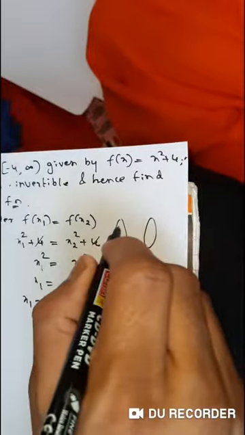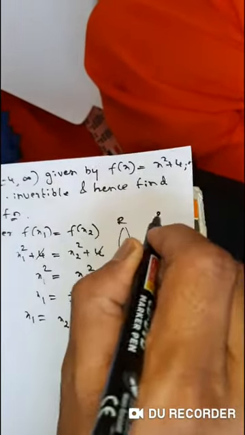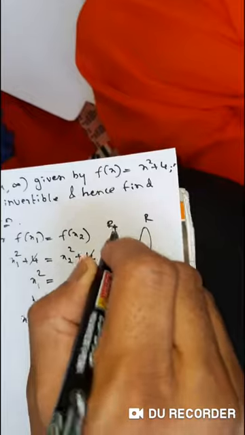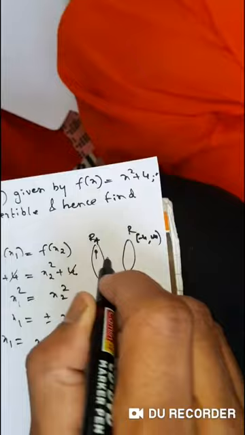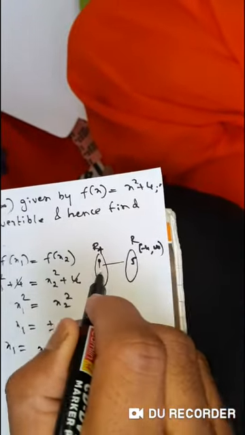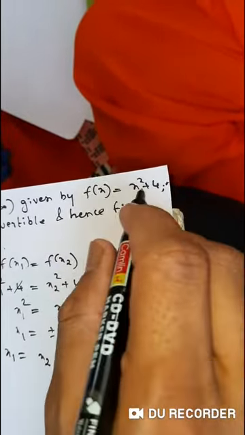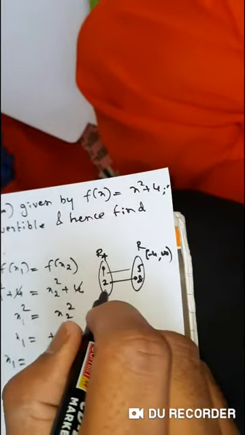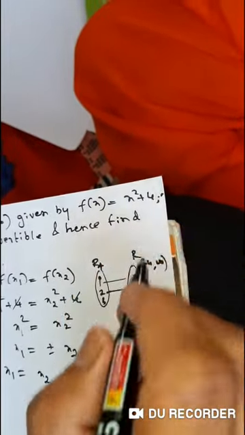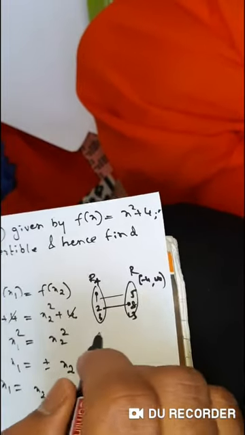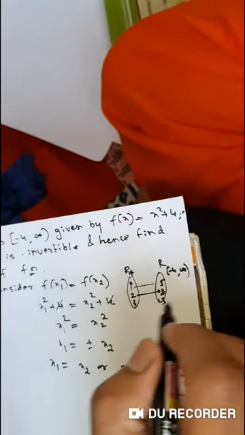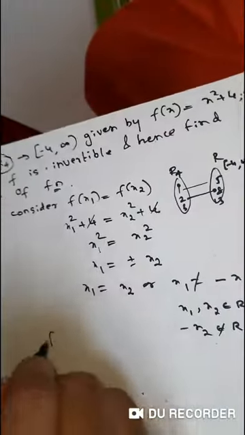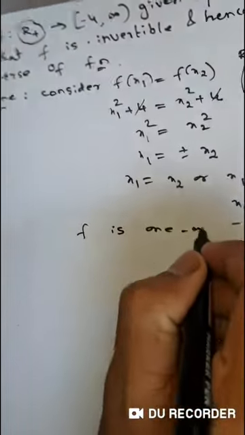Since here you can take x that is R to R, we put x as a positive real number here, and here the range is minus 4 comma infinity. We put 1, we get 5, put 2, we get 4 plus 4, 8, if you put 3, so 3 square 9 plus 4, 13. So different inputs have different outputs, or different elements have different images, so the function is one-one. Like this we find the onto function.